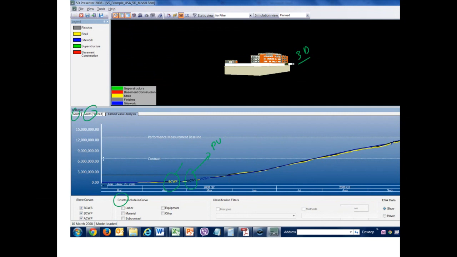and we learned how to draw a PV line previously. So this basically tells us what should be our planned spend. According to the original plan, what should we spend? The other thing is this ACWP line,